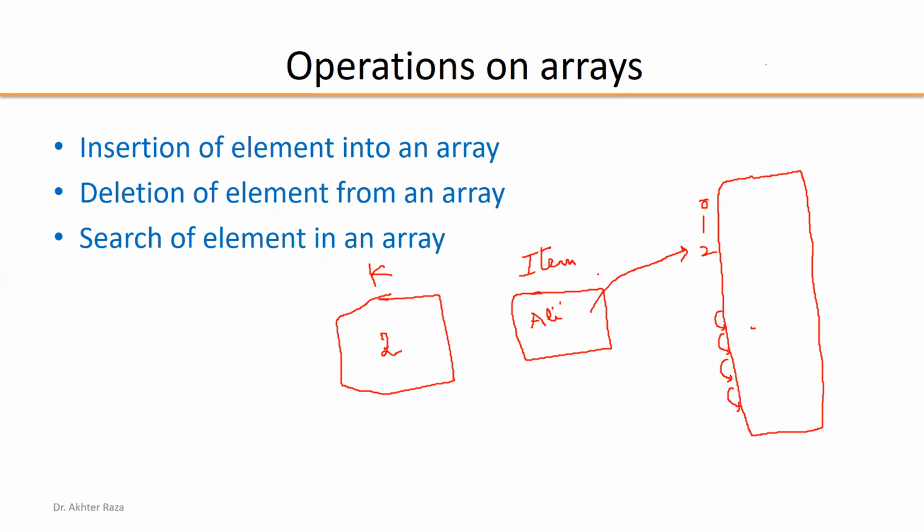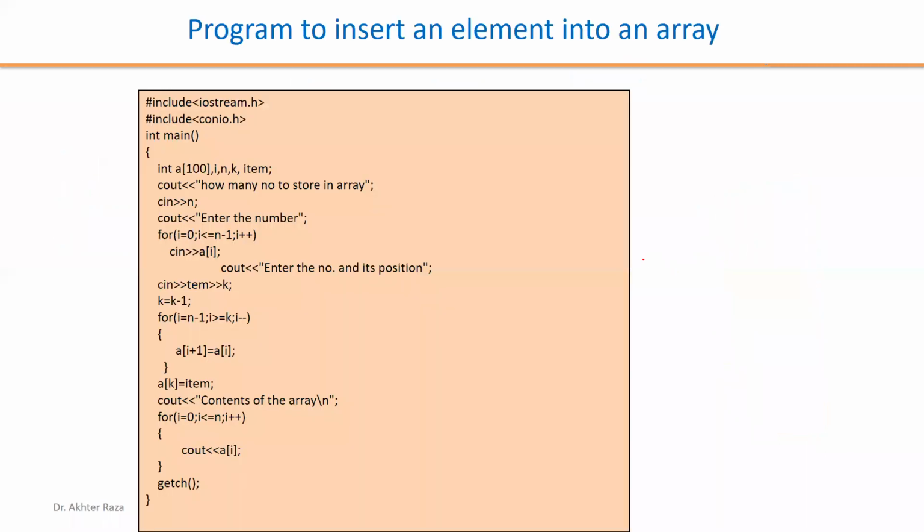So in the insertion operation, we have to move the data first, and then we have to vacate a position at which we want to keep the new element which is stored in item. After vacating, we have to place the item into the array. So this is the complete program. This program has several segments. So I am bifurcating this program into